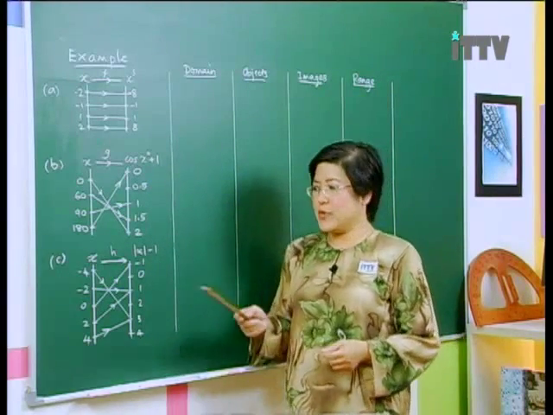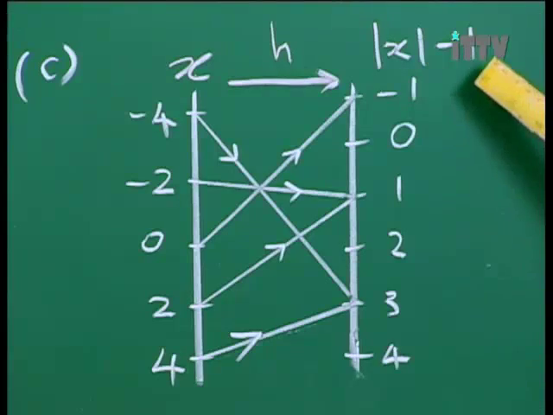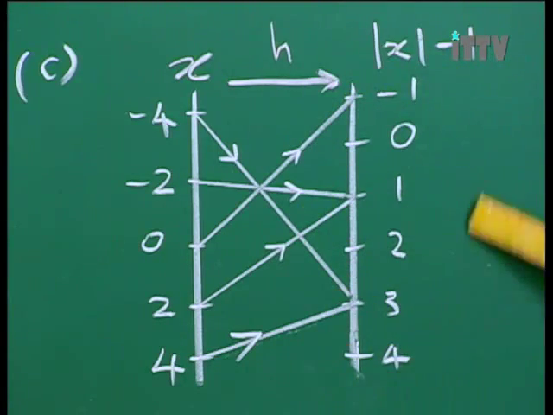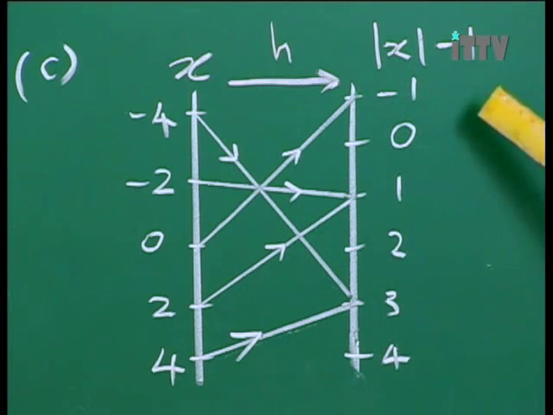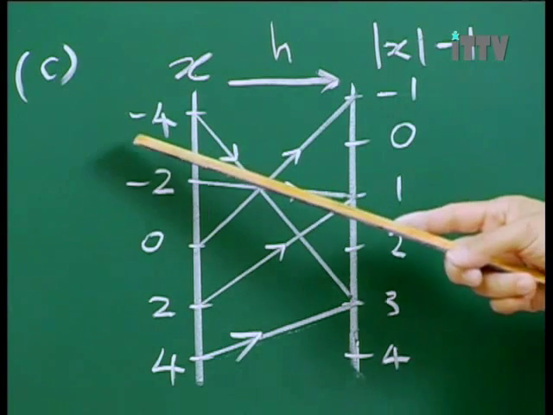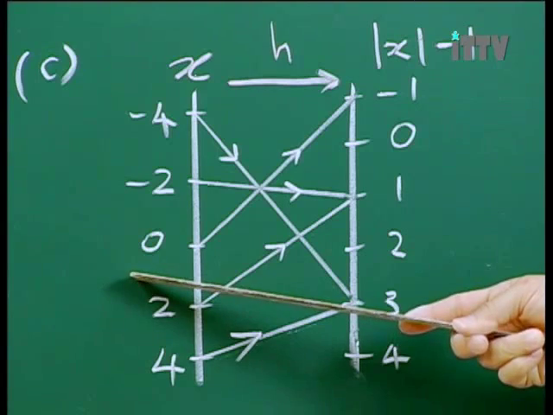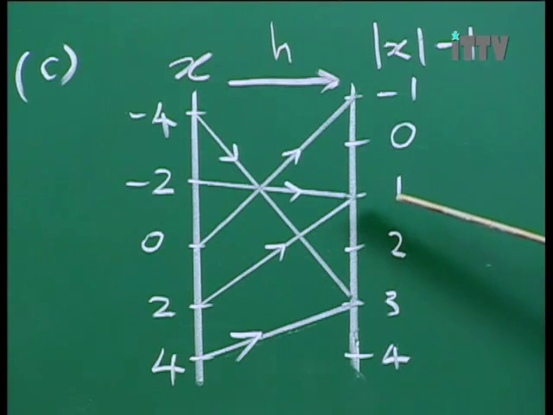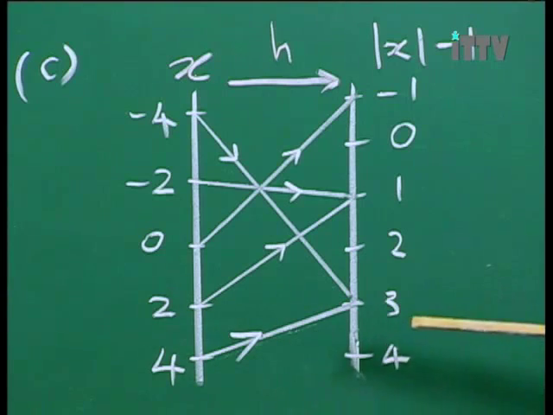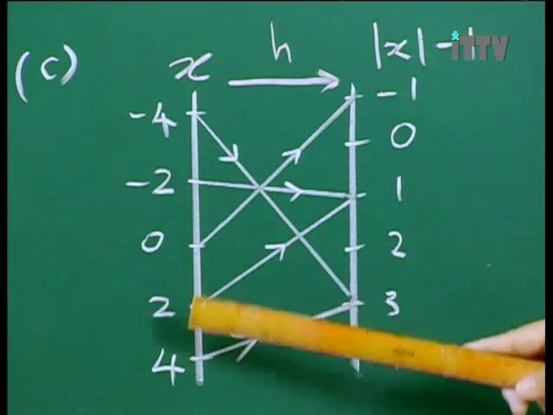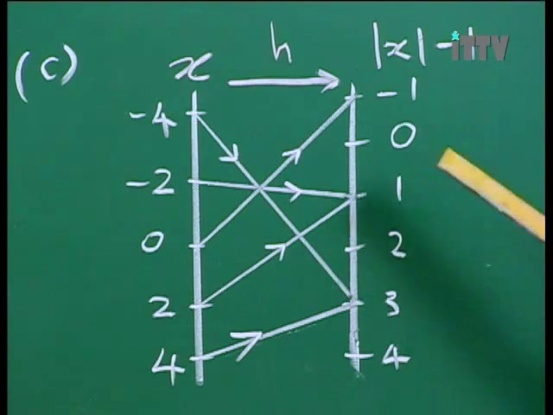In part C, you will notice the same thing happening, and that is that our codomain contains several more values than the range themselves. And secondly, you do notice that some objects are paired up to the same image. For example, -4 and 4 are paired up with 3, -2 and 2 are paired up with 1. So part C is slightly different in the sense that it is a many-to-one relation. Not a problem, it is still a function,